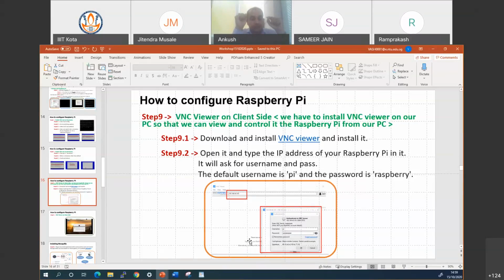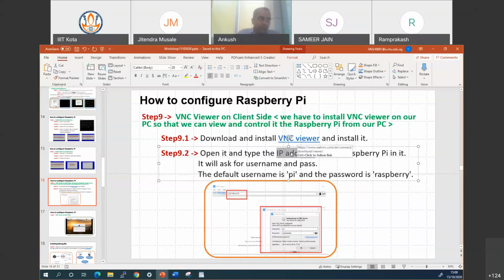So just let me put a note out here. We do not require any external monitor here. Just a laptop will work, and I will show you the screen on my laptop. For that, we have to install this VNC viewer, right? And we already know the IP address of this Raspberry Pi, right? So I will just provide the IP address of this Raspberry Pi, and then we will see how the screen of the Raspberry Pi looks like,